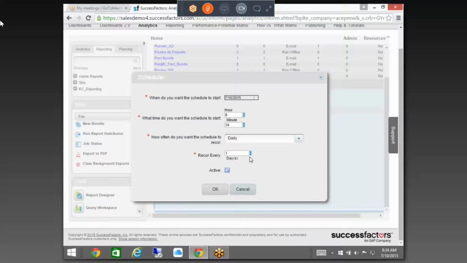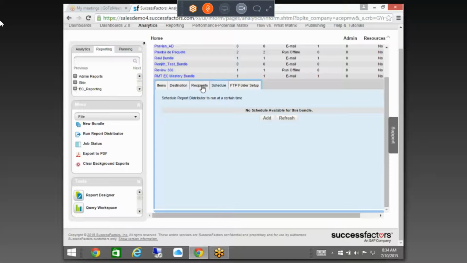So if it's daily, you need to choose it recurs every 1 day, and you need to choose a time at which it has to run. So we'll define this report. So you send this, it sends a bundle, the PDF file that we created, to the people. Okay, so let's say for example,